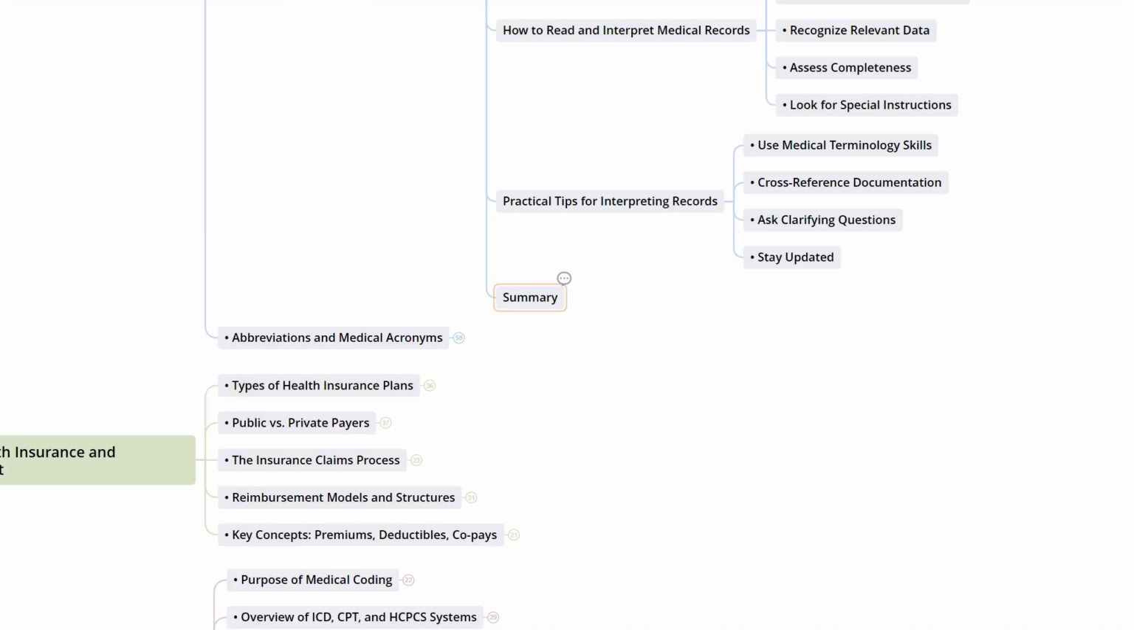With practice and solid understanding of medical language and records components, you will greatly improve your effectiveness as a medical